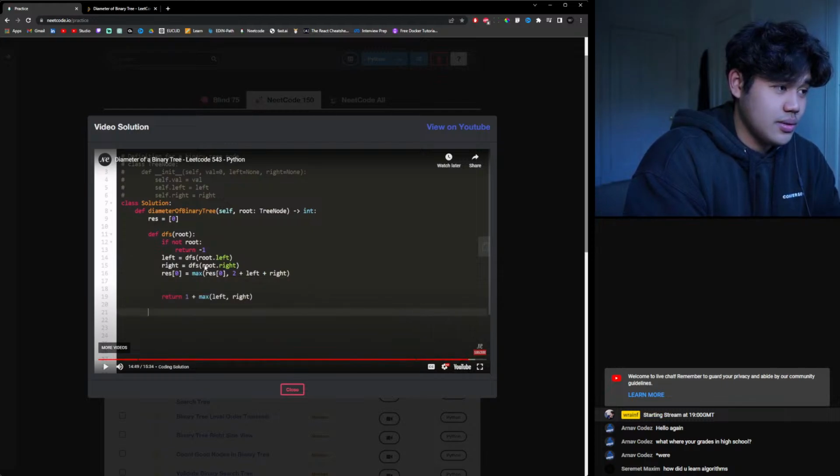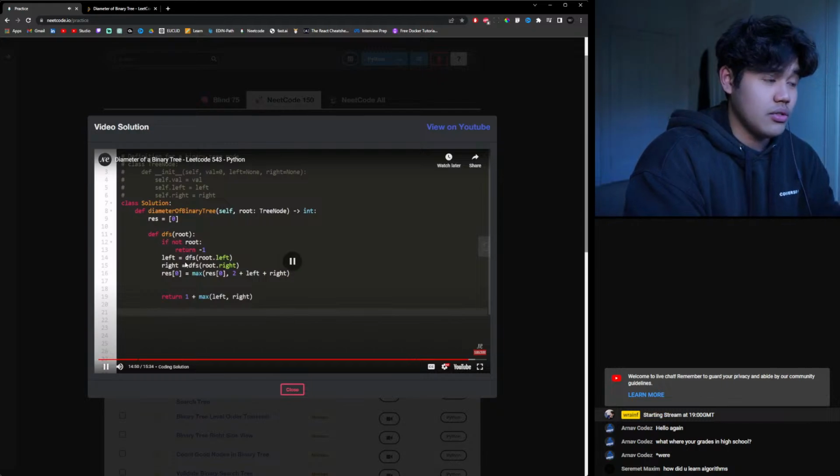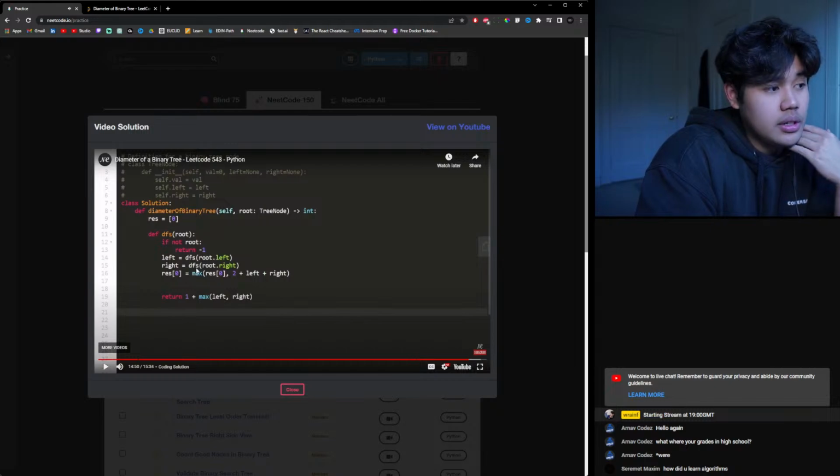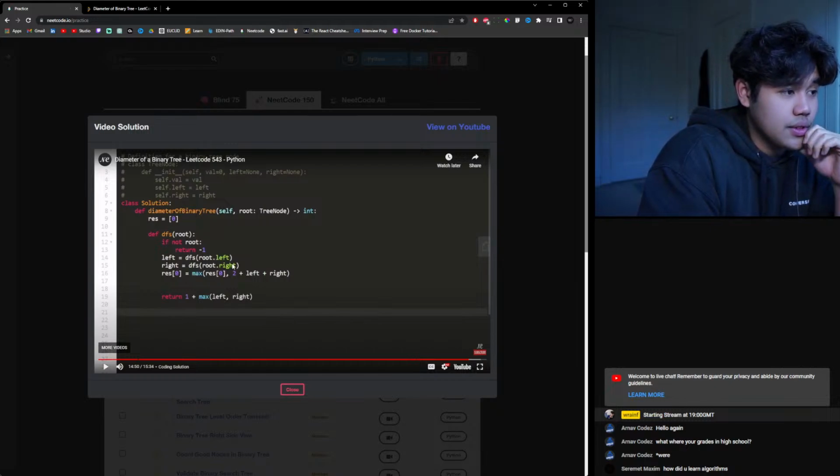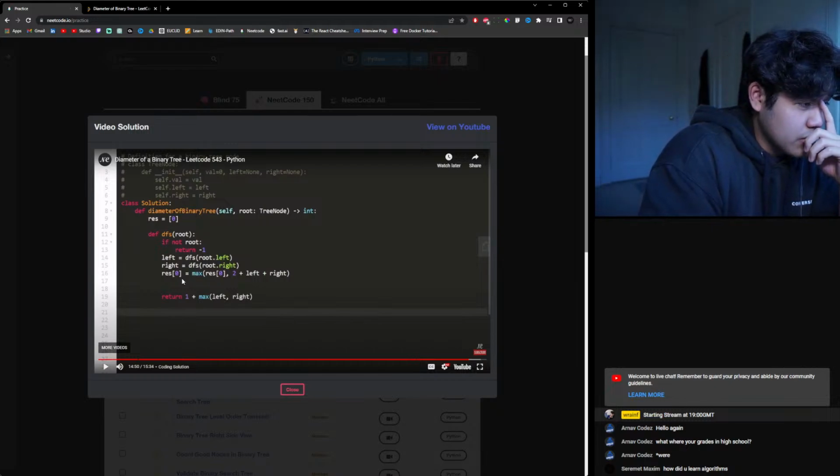The result is 0. So then you just basically define depth first search. If not root, return -1. For the left, you just do the depth first search for the left. Res at 0 is equal to the maximum of res 0, 2 plus,